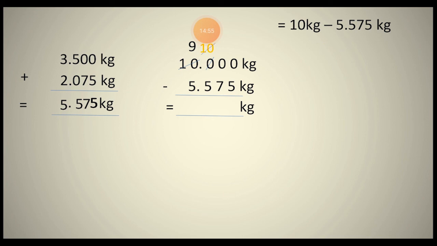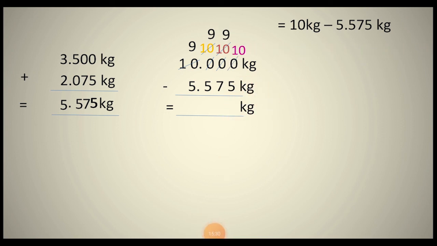Now again that will be reduced to 9 here, and that 9 will be as it is. Just after that you can see the hundredth part digit is 0, so that will become 10 as such. From this 10, 1 is borrowed to the hundredth part digit of the first number, so it becomes 10 here. But again in the hundredth part the first digit is 0, so we require a borrow here, so this 10 in the hundredth part will be reduced to 9, and the thousandth part digit will become 10 here.